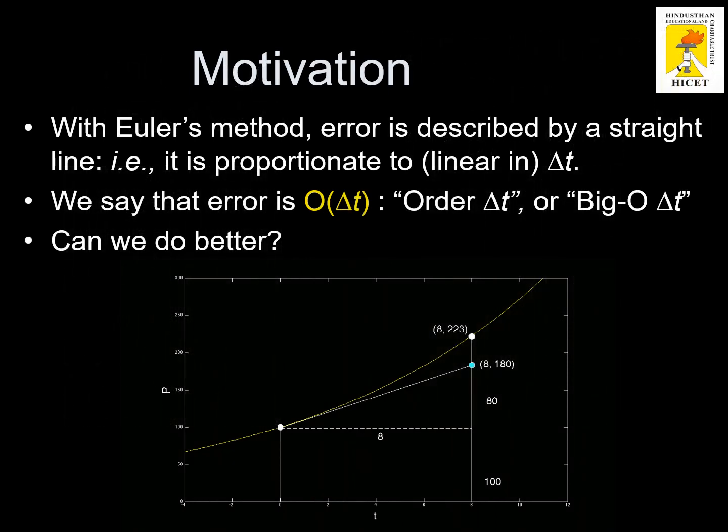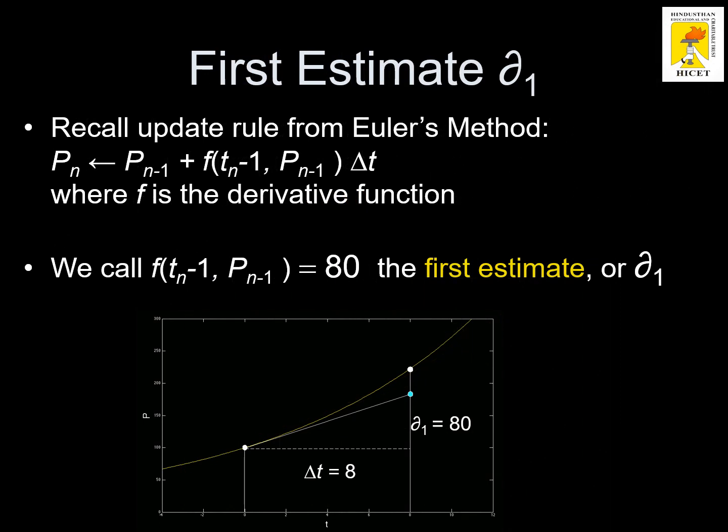The motivation of this method is that with Euler's method, the error is described by a straight line. That is, it is proportional, linear in delta t. We say that the error is of order delta t, or big O of delta t. We can do better. For this diagram representation, the first estimate, dou 1, we recall the update